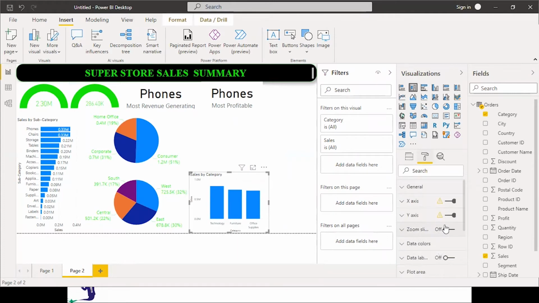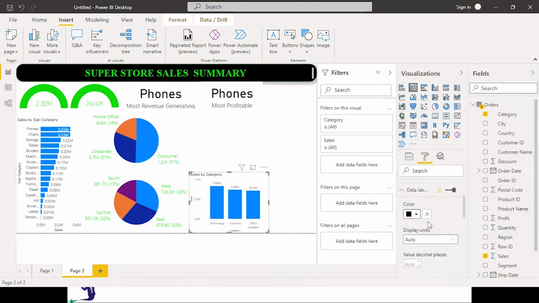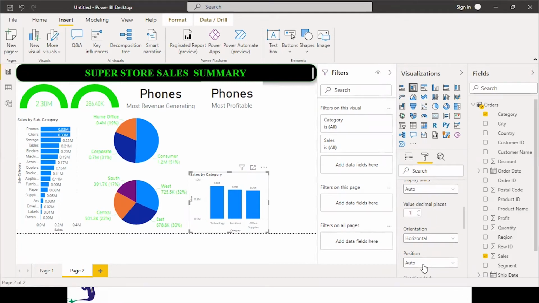Let's display the labels. Data labels, black color. I need decimal places as 1, and inside, and this is how we are getting it.